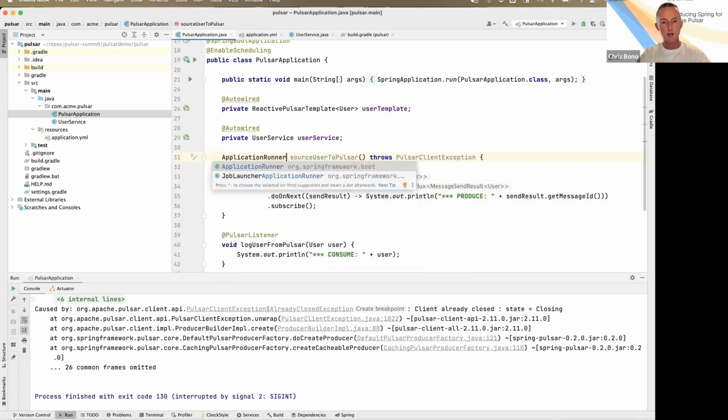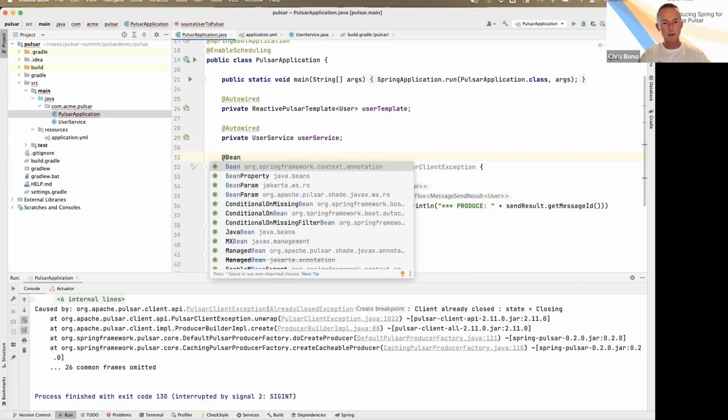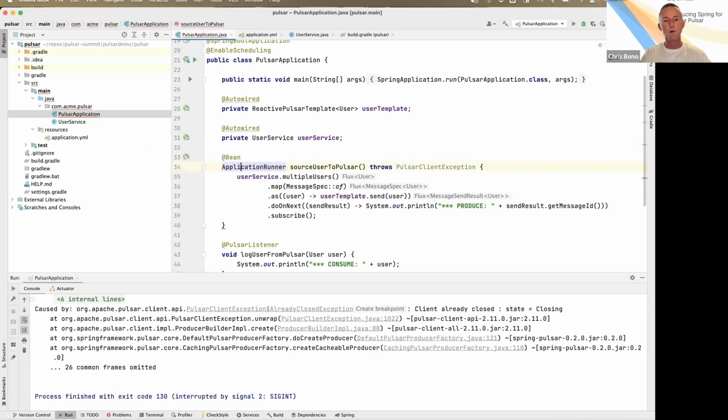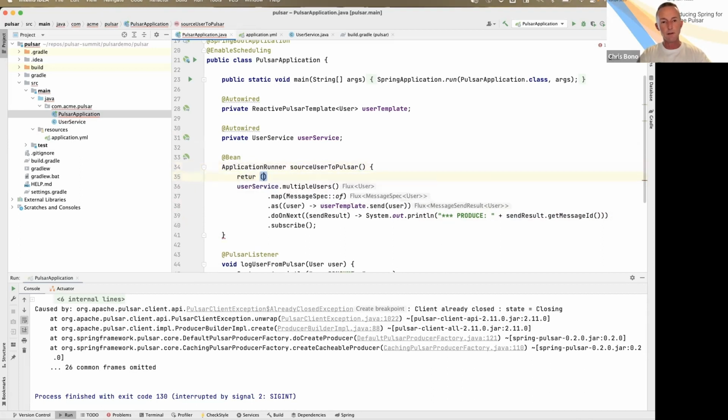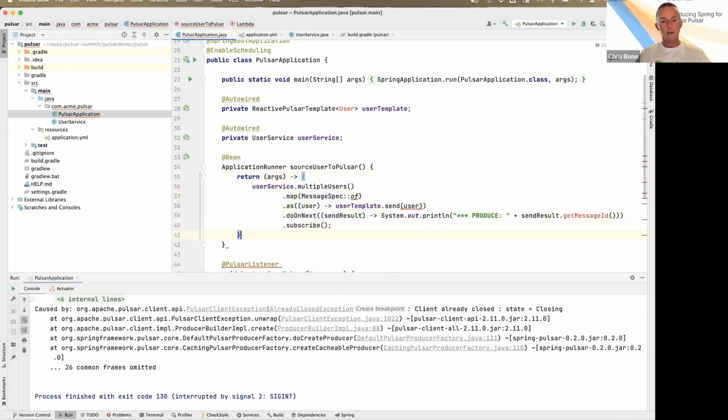How do I know a good way to kick this off once at startup? Let's use an ApplicationRunner. That's a Spring Boot thing where, when these beans are available, it'll run them once the server's up and running. It does look a little bit different in that it is a return of an args, and then like this. Come down here, boom. And so there we go. We have used our reactive client now